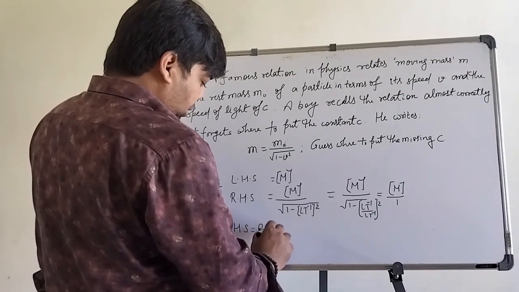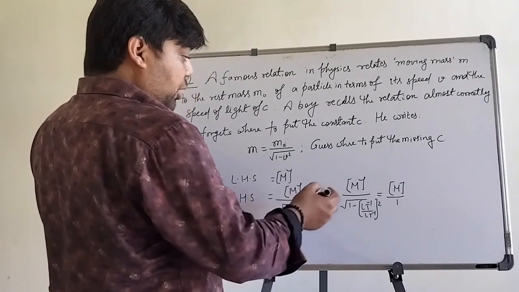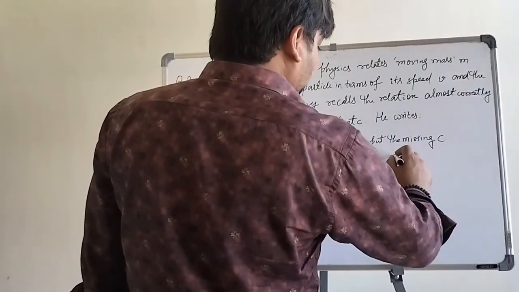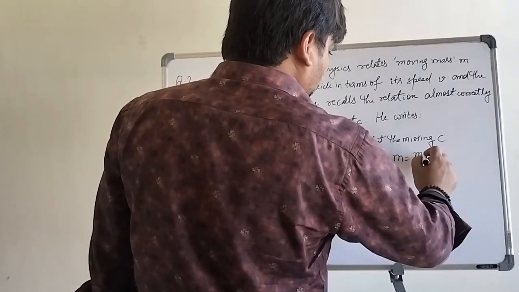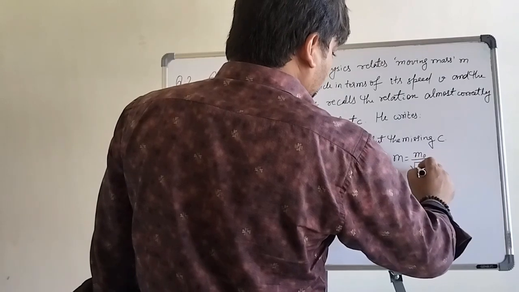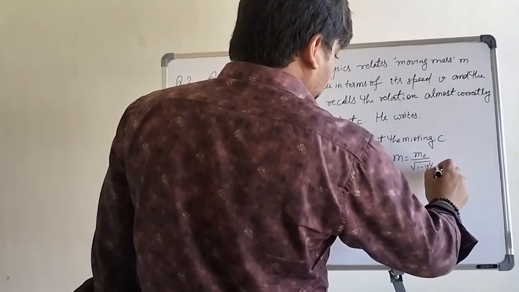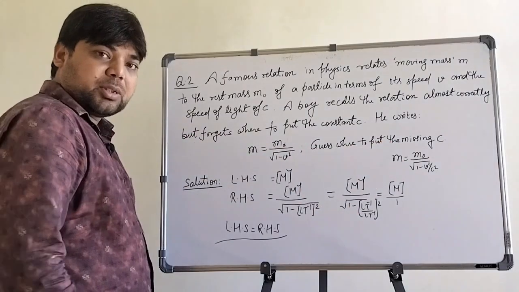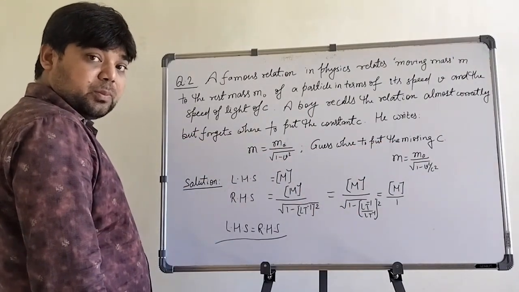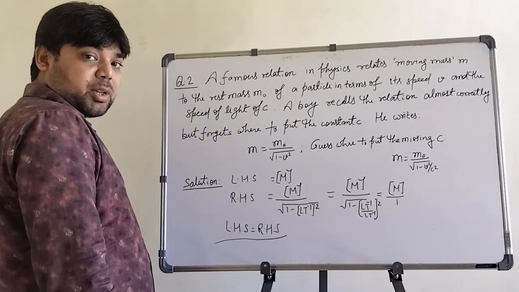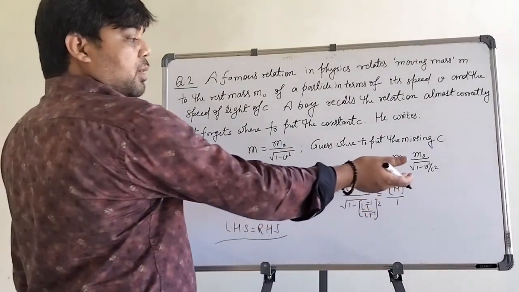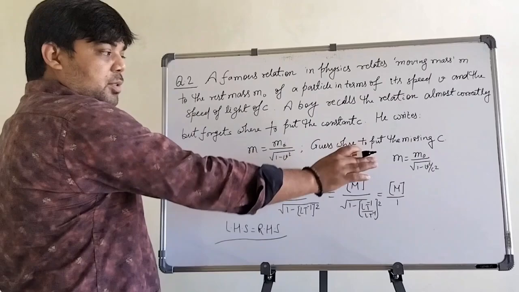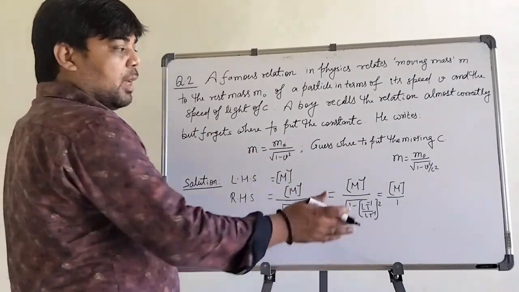So if you put c at this place, the correct formula is m equals m naught divided by root 1 minus v square divided by c square. Is it clear? So you see how the dimensional analysis helps you in getting an almost correct formula, or here exactly the correct formula. This is the real formula we have for